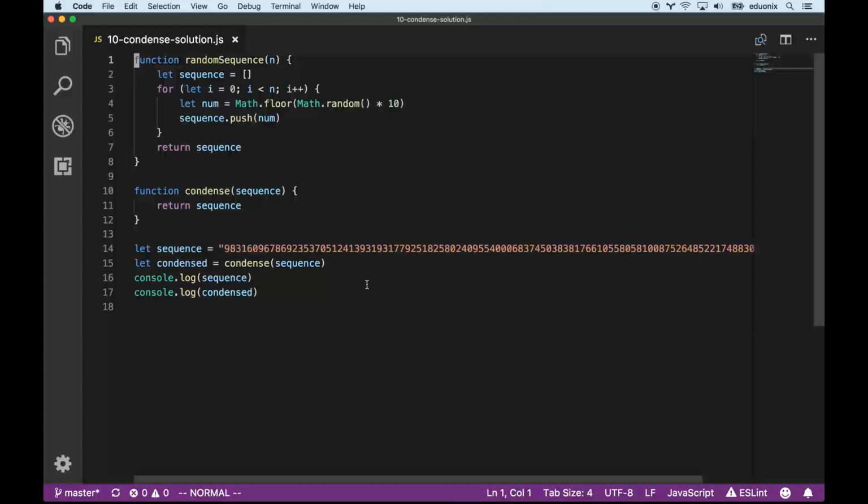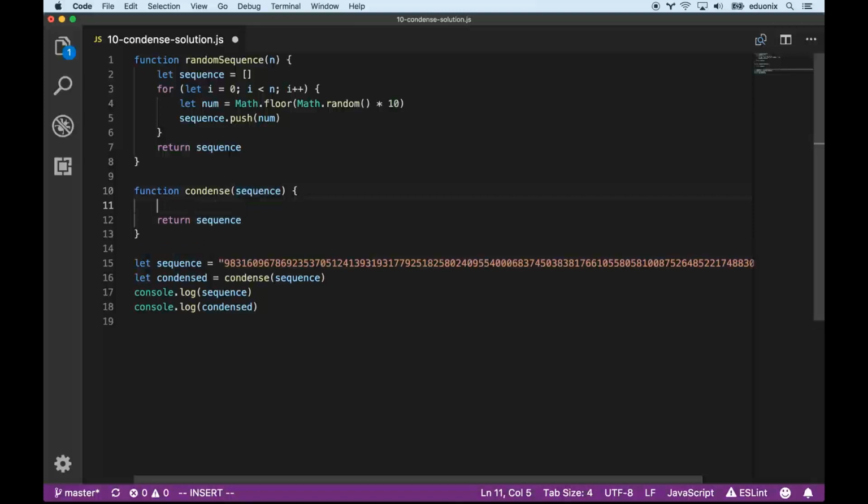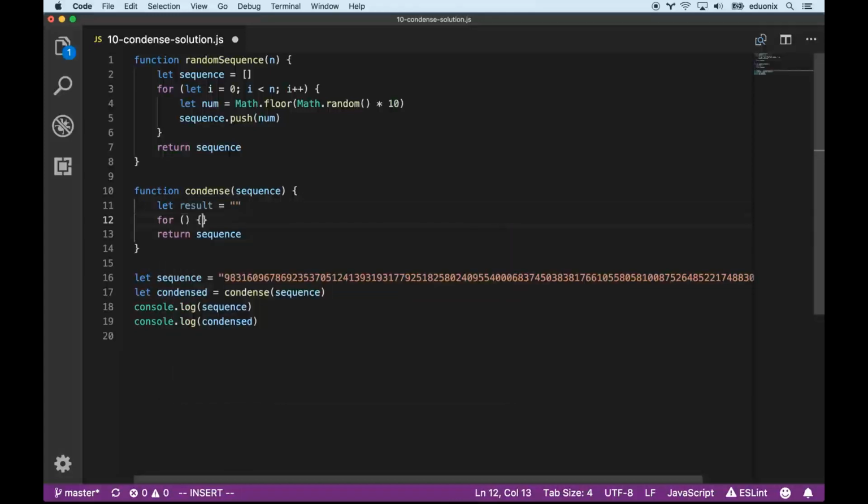For instance, one way to solve this problem is you could make a for loop and go through the sequence. Let's just write this with a string solution. So one way we could do this is we could let the result be equal to an empty string,